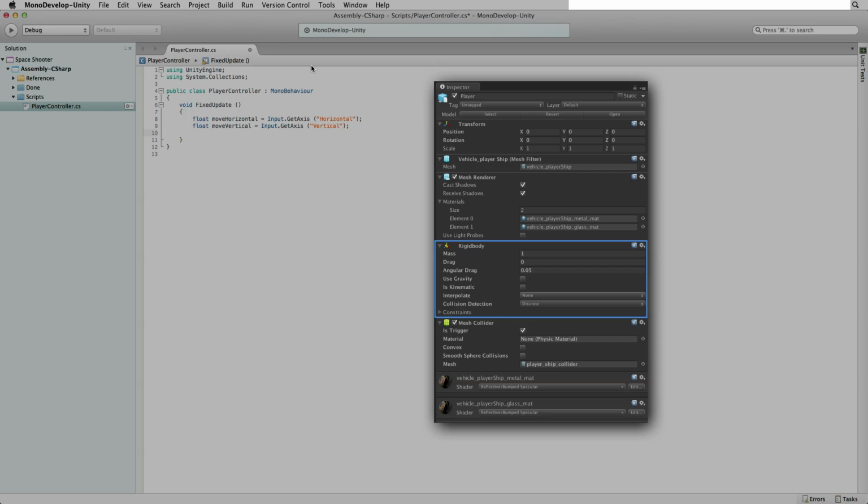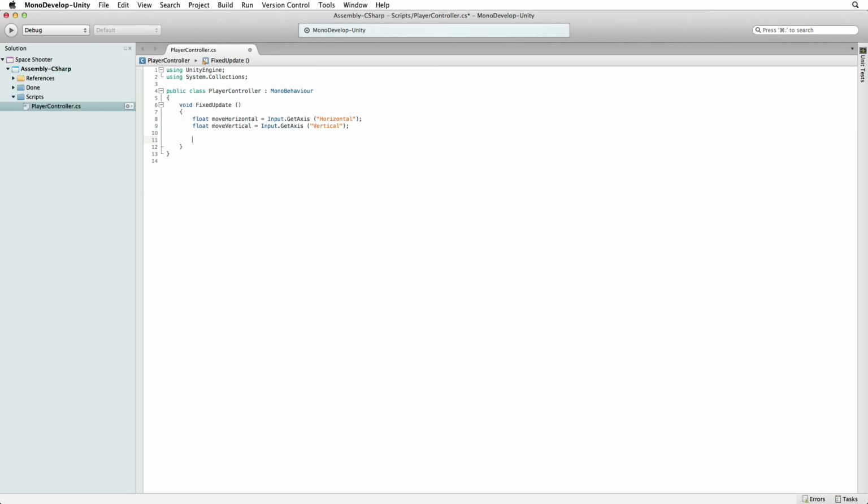The rigidbody component, which we attached when we set up the player game object, is how we work with the built-in physics engine. The rigidbody includes properties like use gravity, mass, and drag that we can poll, affect, and manipulate. So if we want to change the physics velocity of the player game object, we do this by addressing the rigidbody component. So let's write